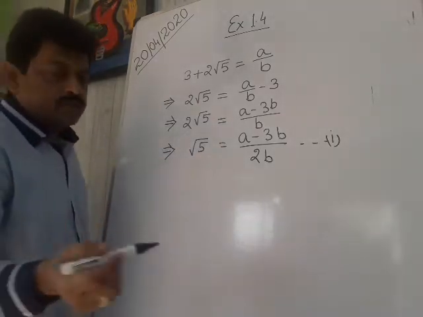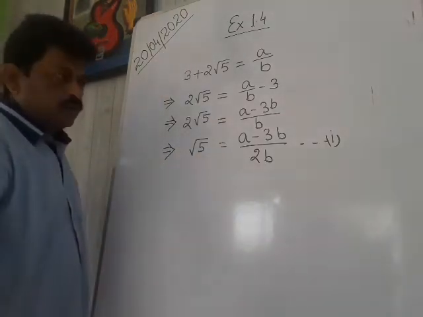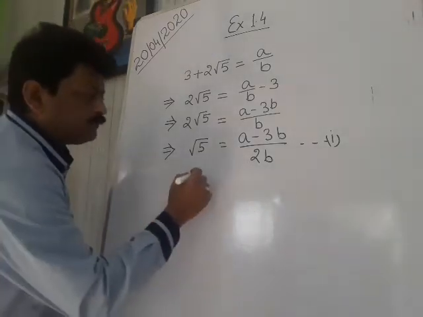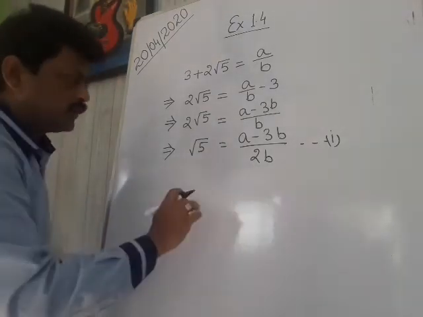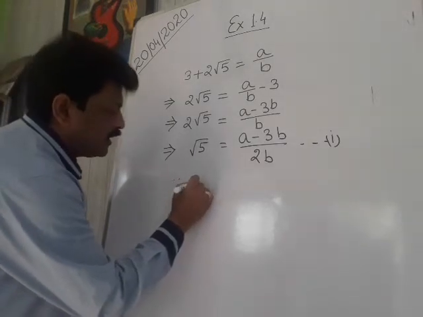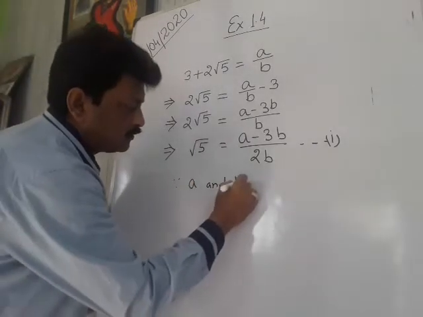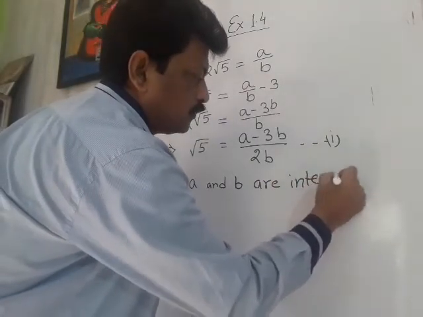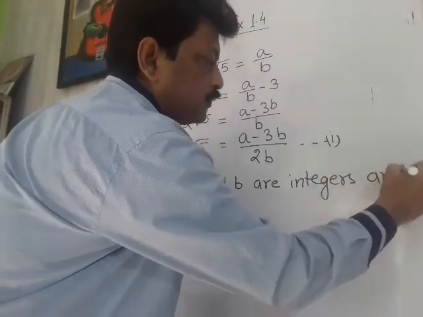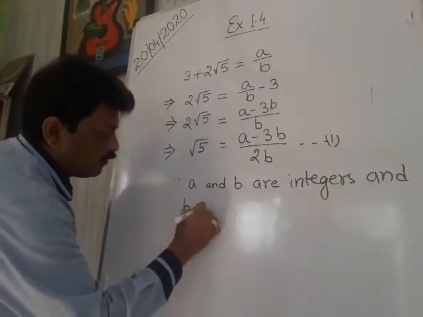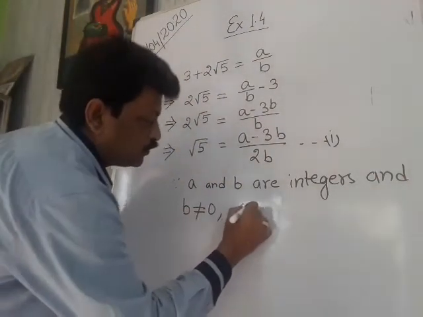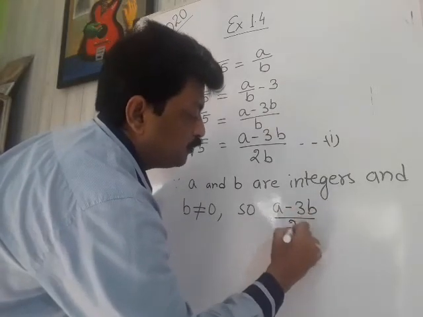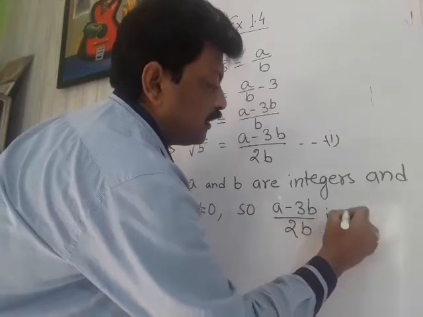Let me write the whole logic again. Since a and b are integers and b not equals to 0, a minus 3b upon 2b is rational,